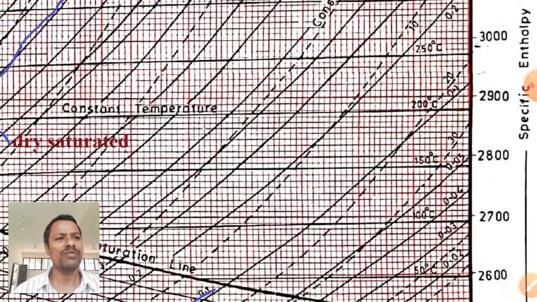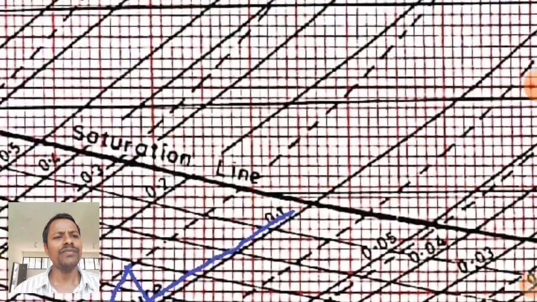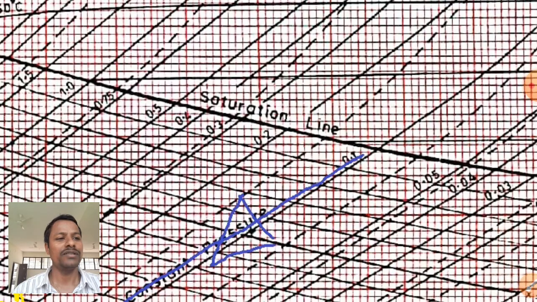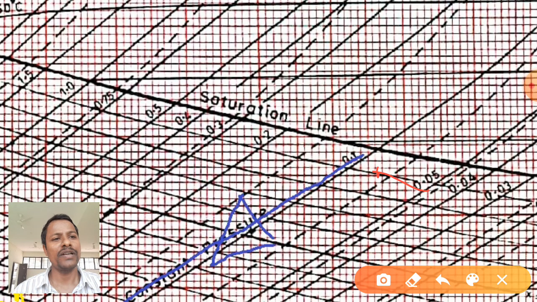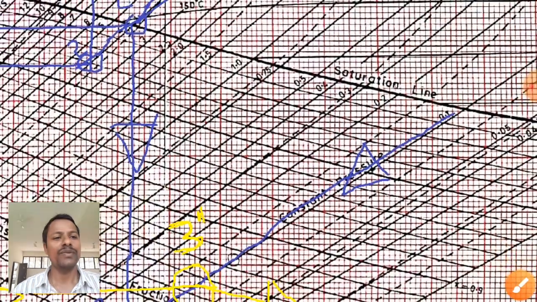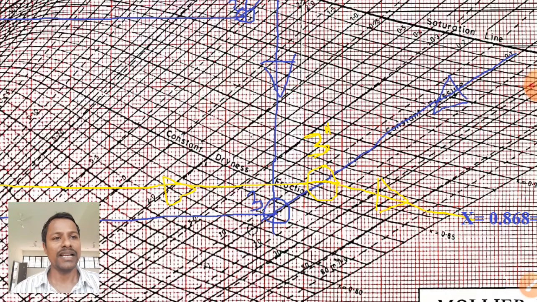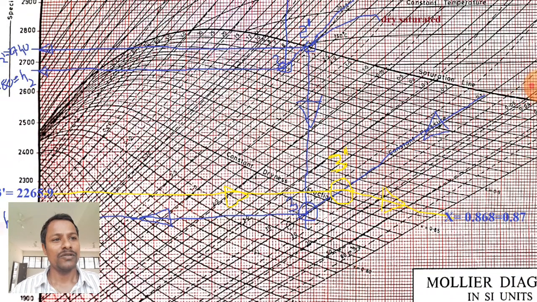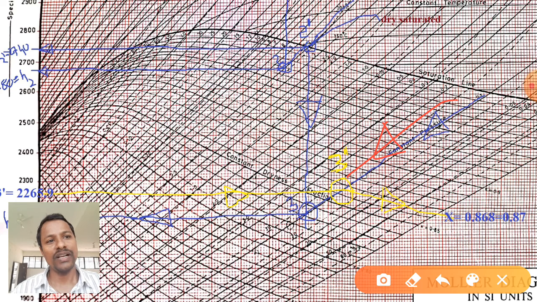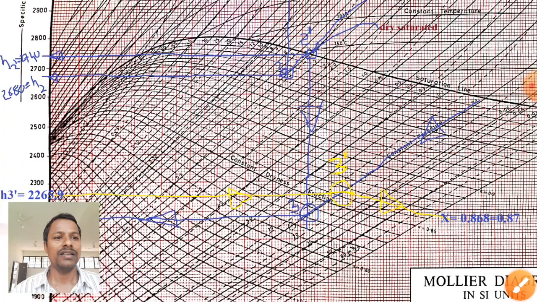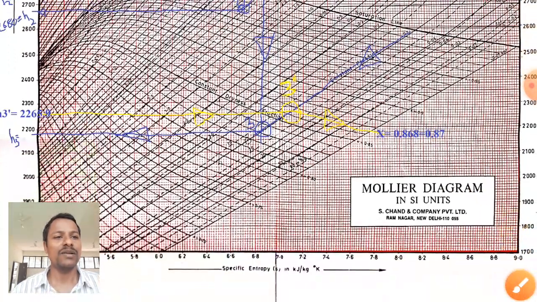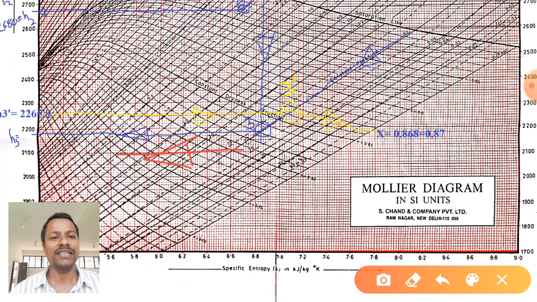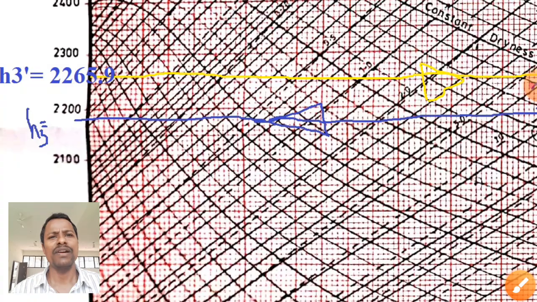Here, for condenser pressure, in the problem statement he has mentioned 0.1 bar. So I have the values here, 0.05 bar, 0.1 bar. Along the 0.1 pressure line, I will move downward till it cuts the isentropic line. That is the direction of movement. Wherever both intersect, we have the state point 3. From this state point 3, I can draw a horizontal line towards the y axis, so that I will be able to get the enthalpy value H3.